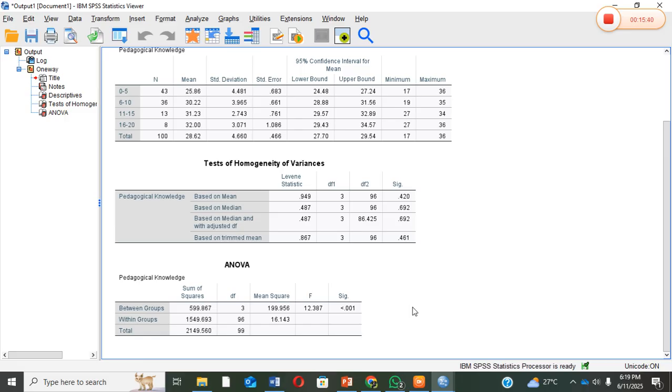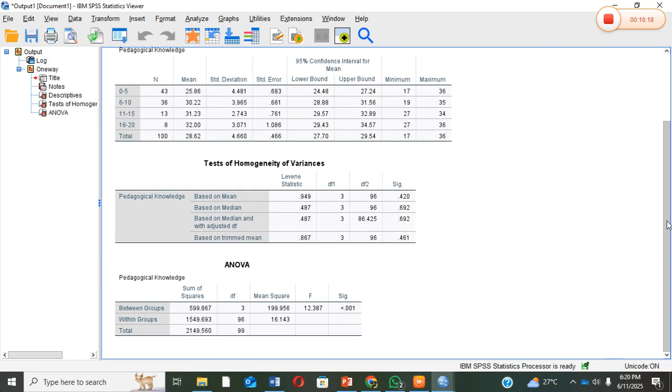That means that teacher experience and content knowledge are very key, which means that teacher experience tells a lot about the content or pedagogical knowledge of the teacher. But we probably might not be able to